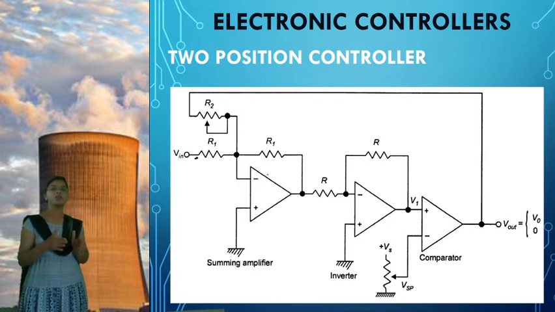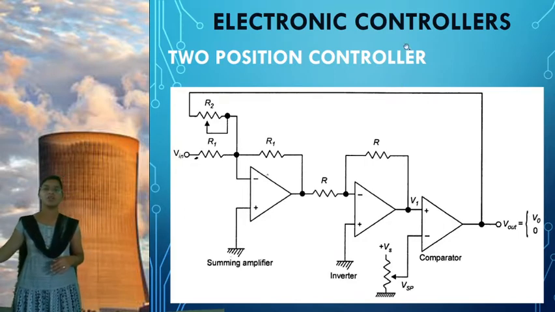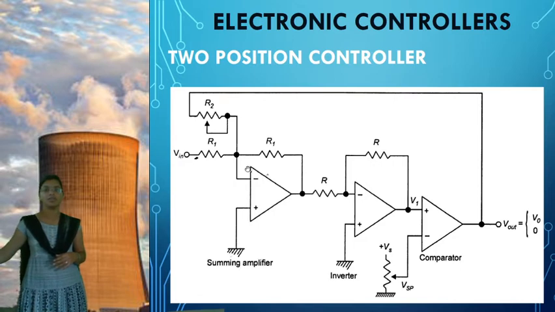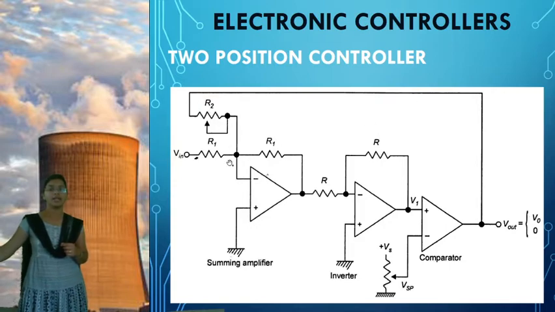So here the two position control system needs to produce either high voltage or low voltage. For that, here you see this is a summing amplifier. The summing amplifier will add our output voltage, that V out is connected as feedback to the input by using the feedback path. And here I am going to apply the input voltage. So these two inputs are summed, and that will give an output. So what value will that give?